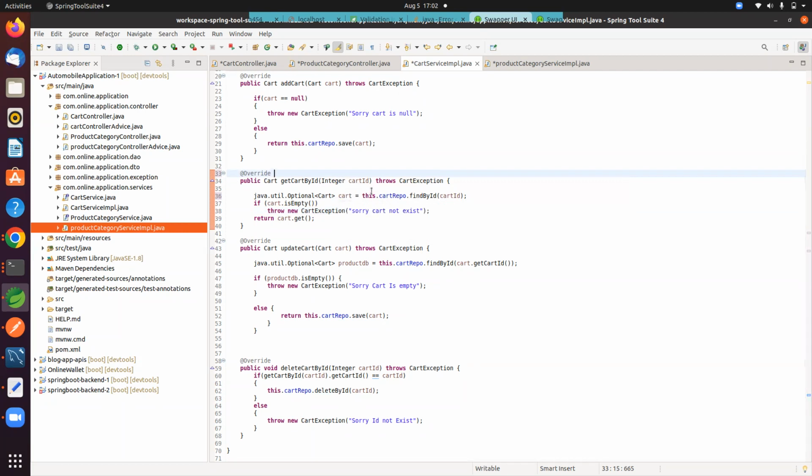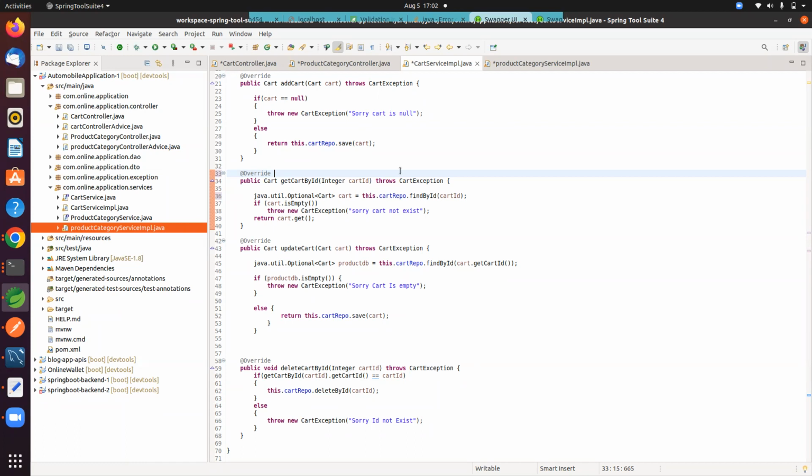Basically, Gopal, you are implementing one service, no? Yes, service, sir. You have some contracts and you are implementing those contracts. That's why we write override. Yes, sir. We are using the interface, and this is the implementation class of the interface, the card service. The annotation is automatically added.